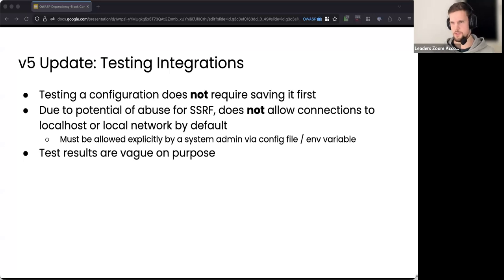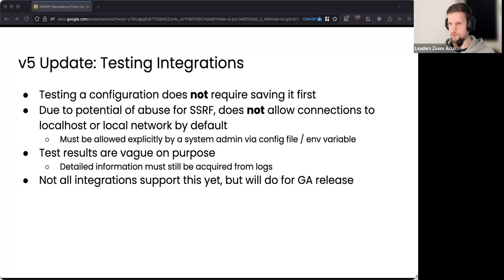You also saw the test results. They're kind of vague. They say, hey, connection succeeded, or hey, connection failed. Feed file format not as expected. What you will not get is information like, hey, this connection didn't work, and this is what the service that I tried to connect to has returned, right? This would be, again, kind of a vulnerability. So the results are vague on purpose. They shouldn't disclose internal information, but they give you enough information to decide if your configuration is valid or not. For more detailed stuff, you will still need to check the logs. And that, again, is fully on purpose.